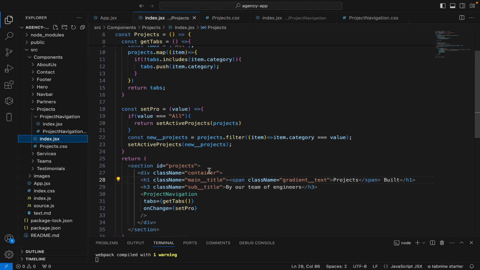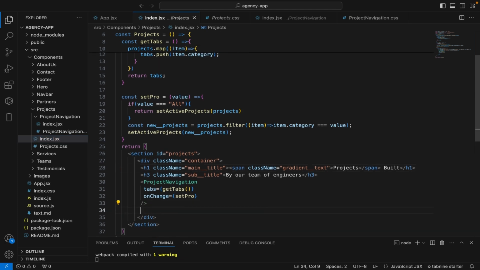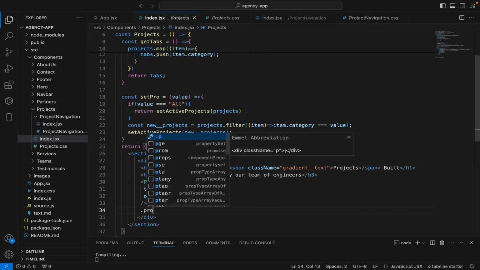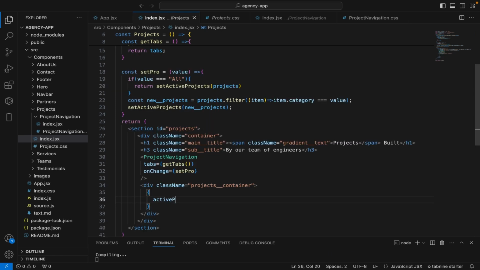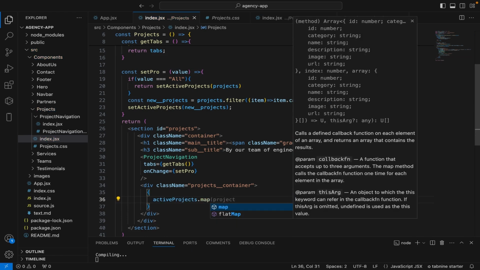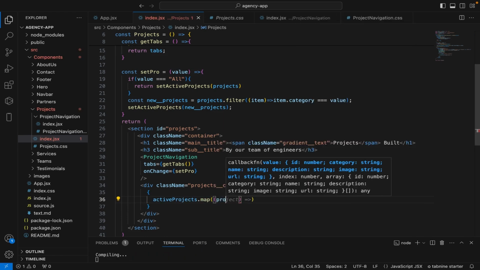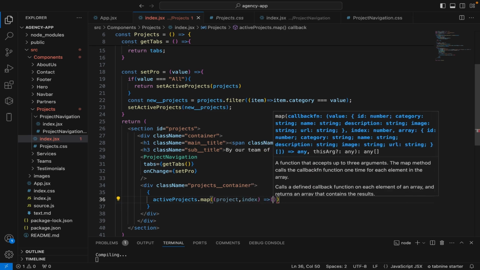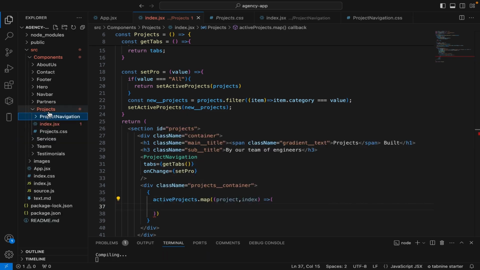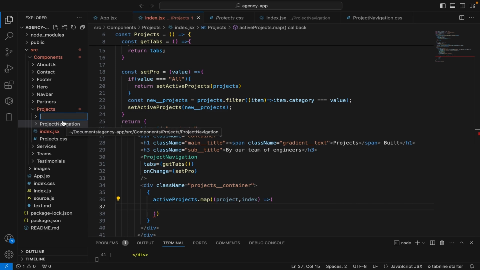And I think, well, let's first of all create a projects container, and we're going to map to our active project here. So let's create